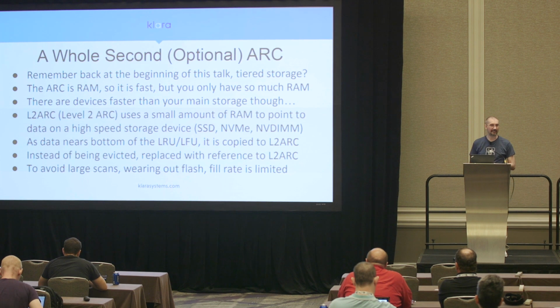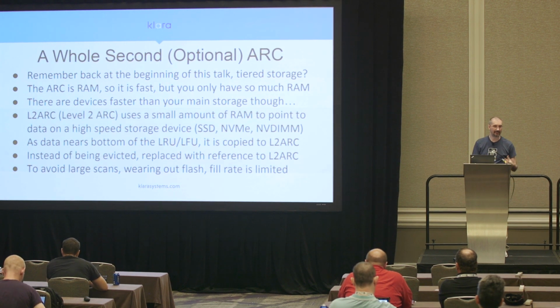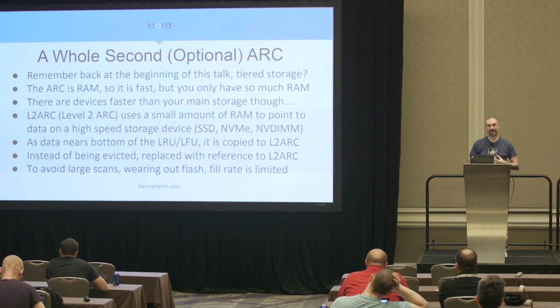Well, if RAM is fast, but it's smaller and more expensive, then what if we could make the cache bigger by having some of the slightly slower but much bigger storage of the next tier down? And so that's where you get the L2ARC, or level 2 ARC. Since the ARC is stored in memory, which is very fast, but you can only have so much of it, what we do is